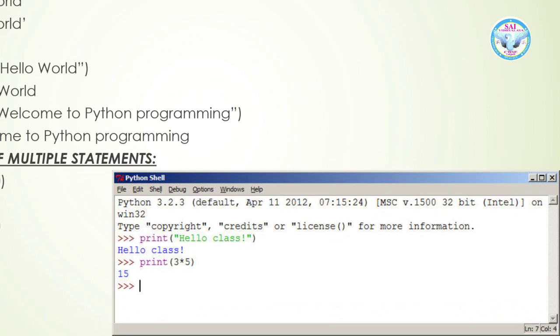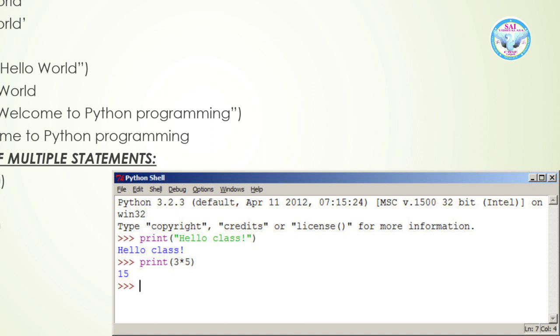The word should be printed. Those words, we call words as strings in computer language. You just note down the word string. A string is a collection of characters, that is, a group of characters. See, for example, hello class is a collection of characters. What is a character? Each and every letter, alphabet or number or any special character can be considered as a character. So, a group of characters is called a string.